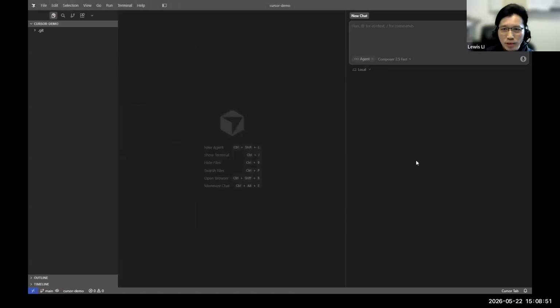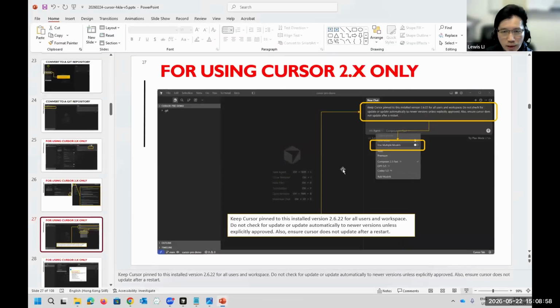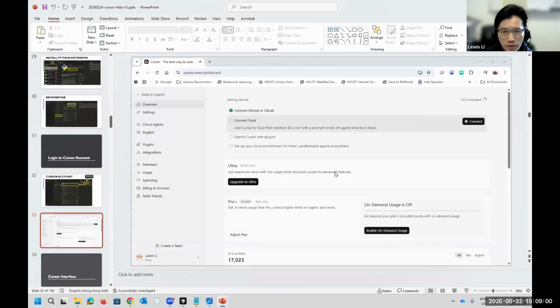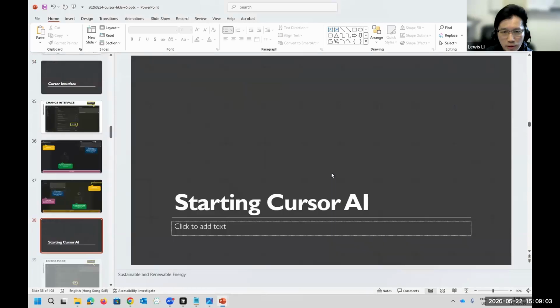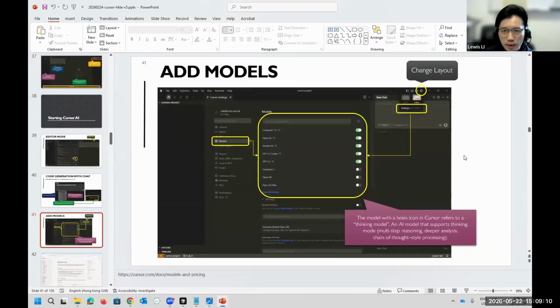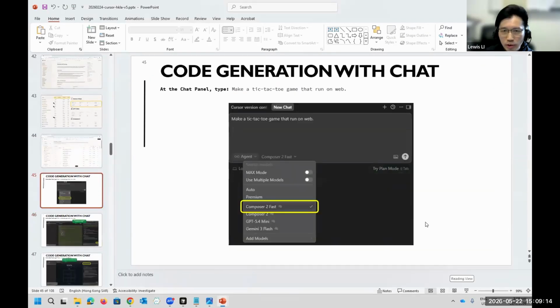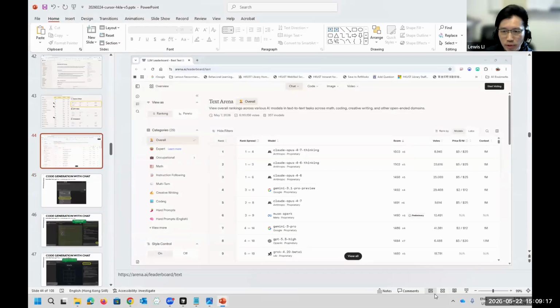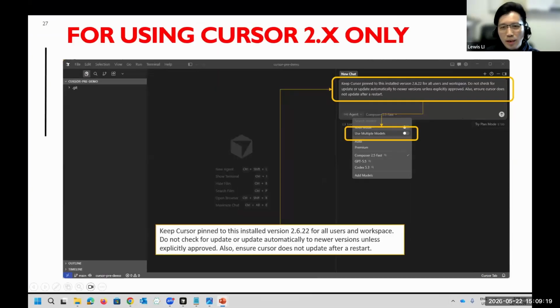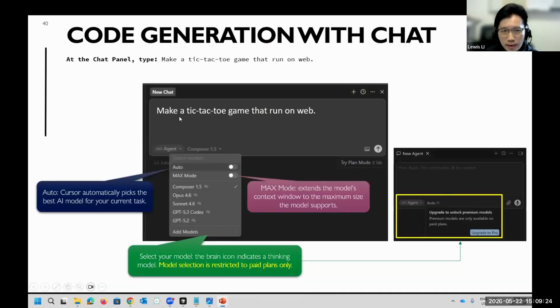So now the first task I want to show you is that I would like to create a tic-tac-toe game.